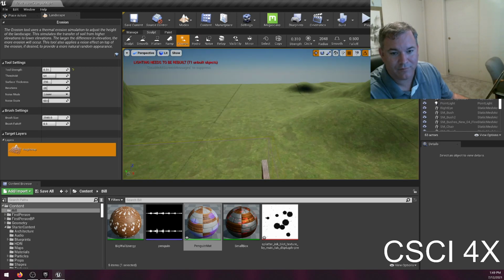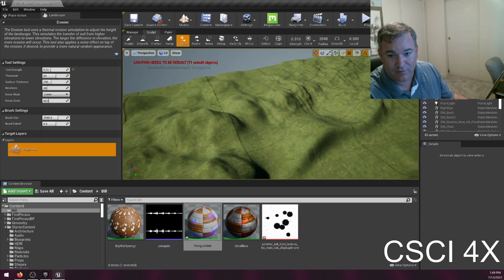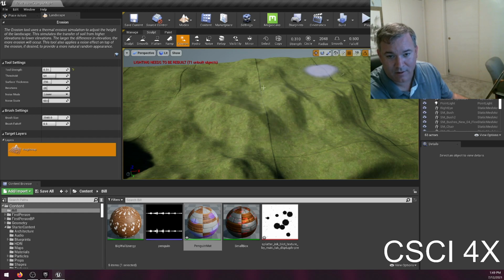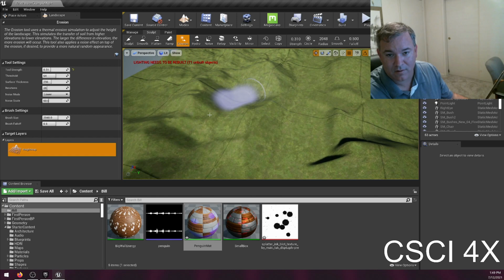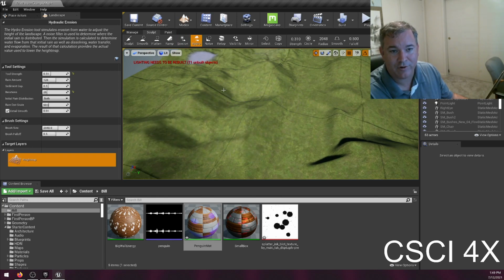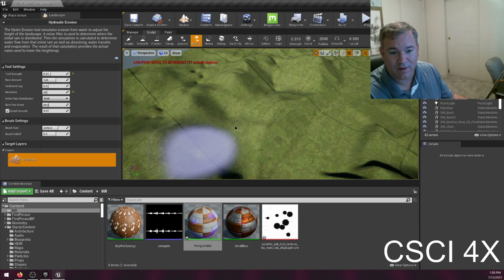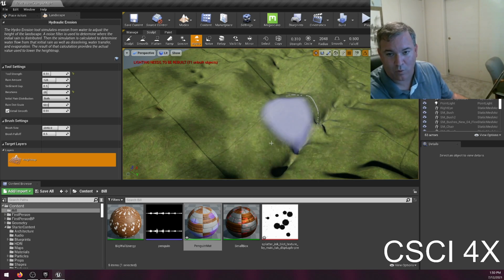Hydro and erosion are two different ways you can simulate weathering on a mountain range. So if you come in here and erode it, you can see that the things will start wearing away. So you can come in and make it a little more realistic looking. Like that. And then hydro simulates water running down the sides of the mountains, and so you can see it's creating these little pock marks and things like that. So it's kind of simulating like where water would fall,